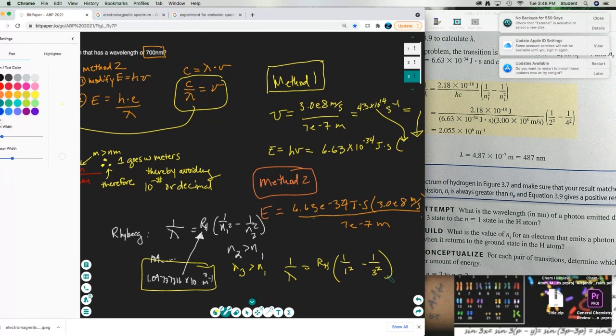So now it's a matter of subtracting. Here we're going to have 1 minus 1/9, so that's 9/9. So that's RH times 8/9 equals 1 over lambda. Since we're looking for lambda, we can either cross multiply and divide, or we can just say this whole thing is a numerator, and we can flip both sides. Okay, so when I do that, I get that lambda should come out to